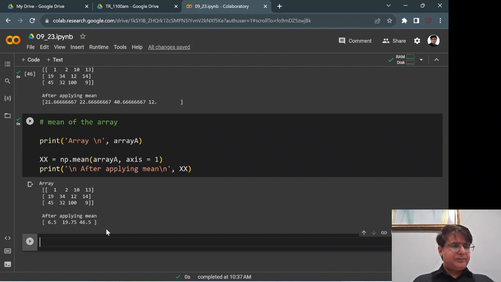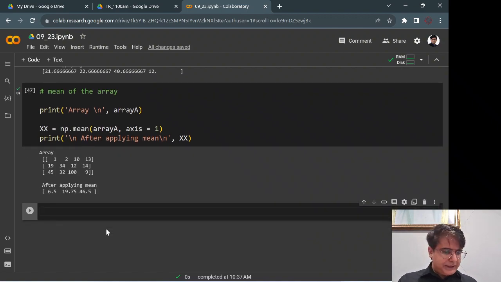NumPy is a library that is created to deal specifically with arrays. It may not have all the mathematical functions, but it is created to deal specifically with arrays. Okay. All right. Now, other things,